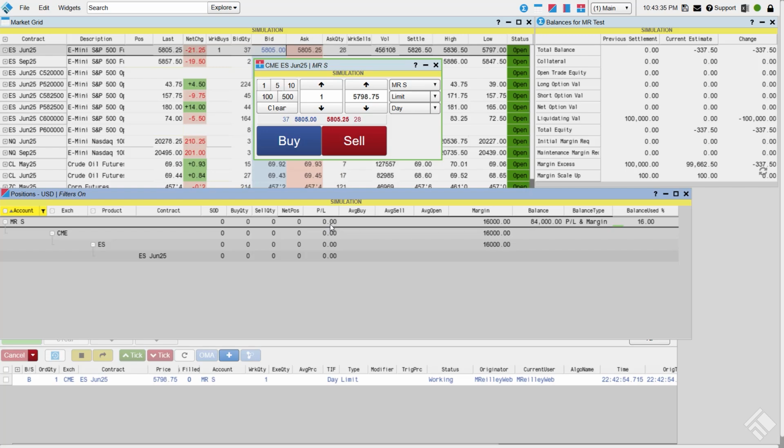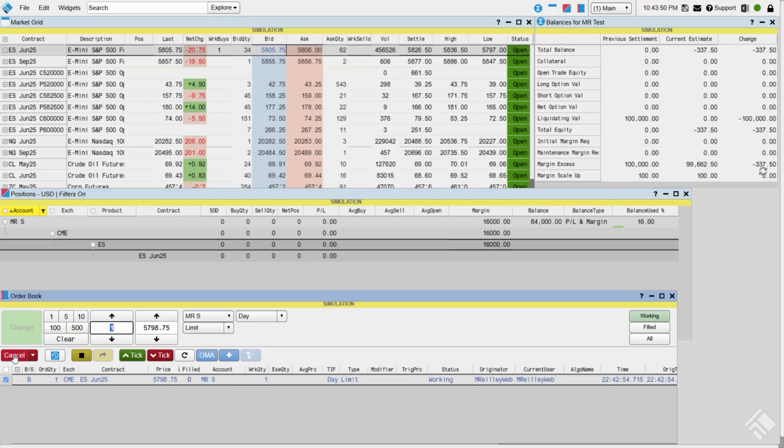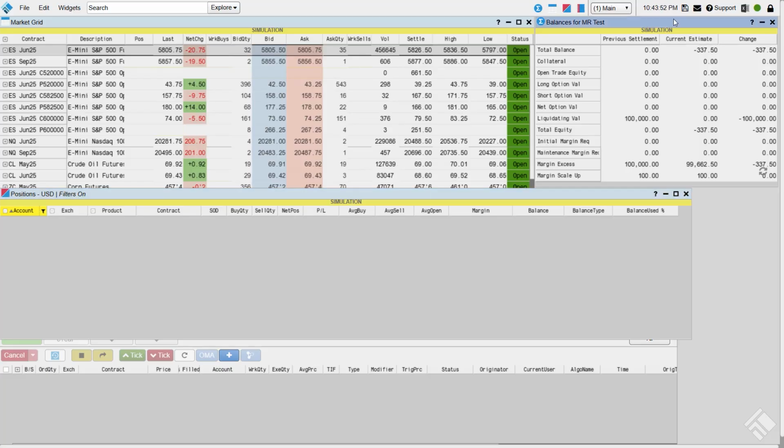So if I had a negative P&L, it would also reduce my balance by that amount, or if it was positive, it would increase it by that amount. Now, the difference here is that we would be adding all those margin values up, and before we do any kind of offset, I would like to point out that in the upper right, we also have a balances widget. Now, this is going to be the key point where we're able to observe the differences and the benefits